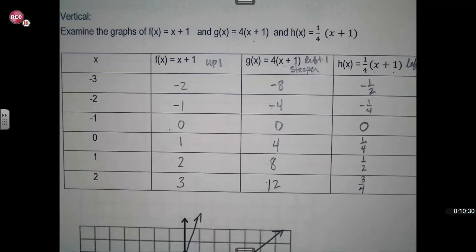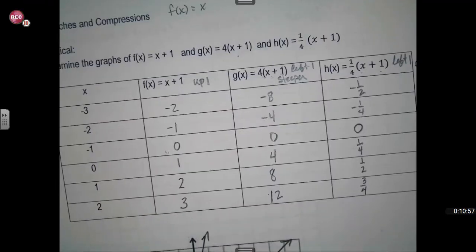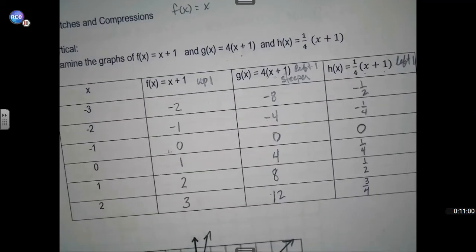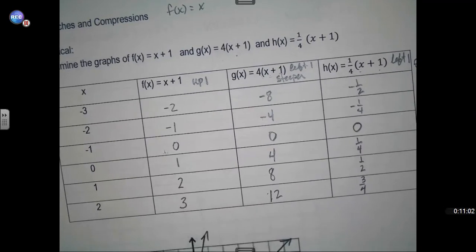So -3, -1/2. -2, -1/4. -1, 0. 0, 1/4. 1, 1/2. And 2, 3/4. So basically, we're looking at, in that line,